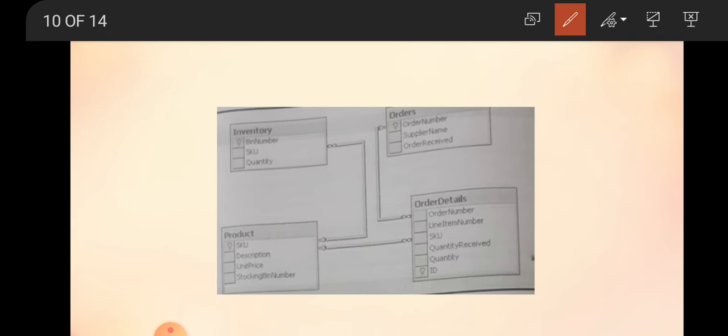Got it? The first table is inventory. These are the individual tables: inventory table, order table, product table, and the order detail table. There is a connection here. It will show the foreign key, weak entity, and strong entity. You already studied this in the RDBMS.